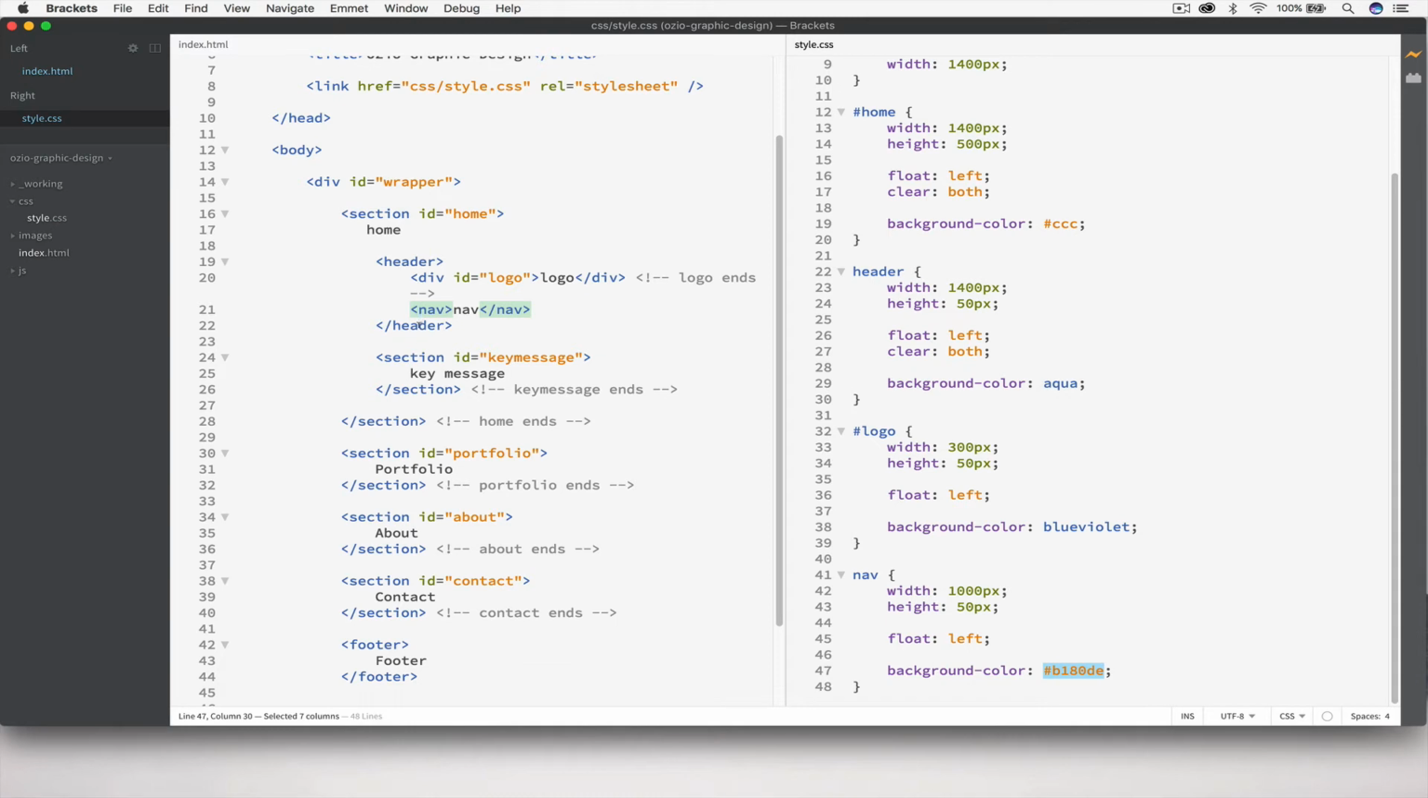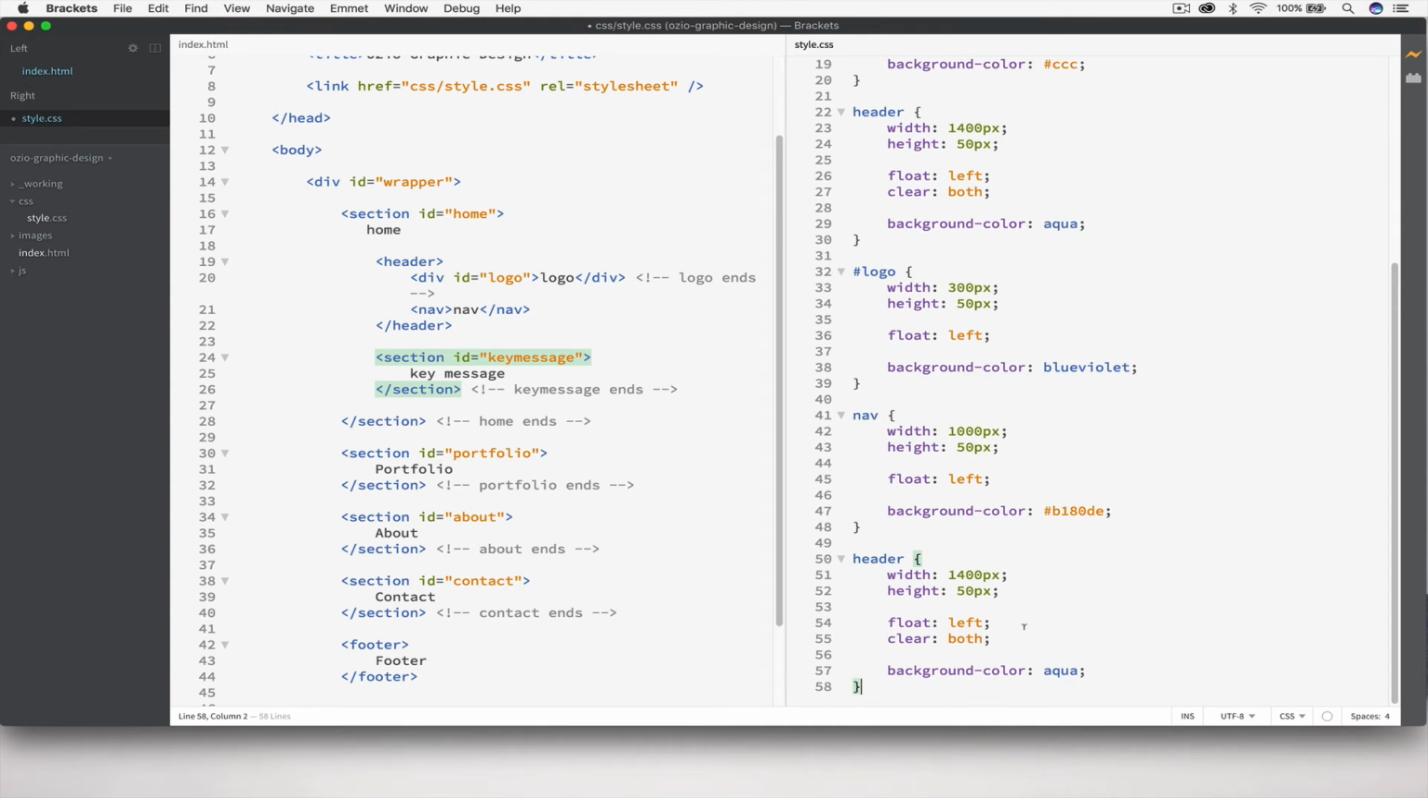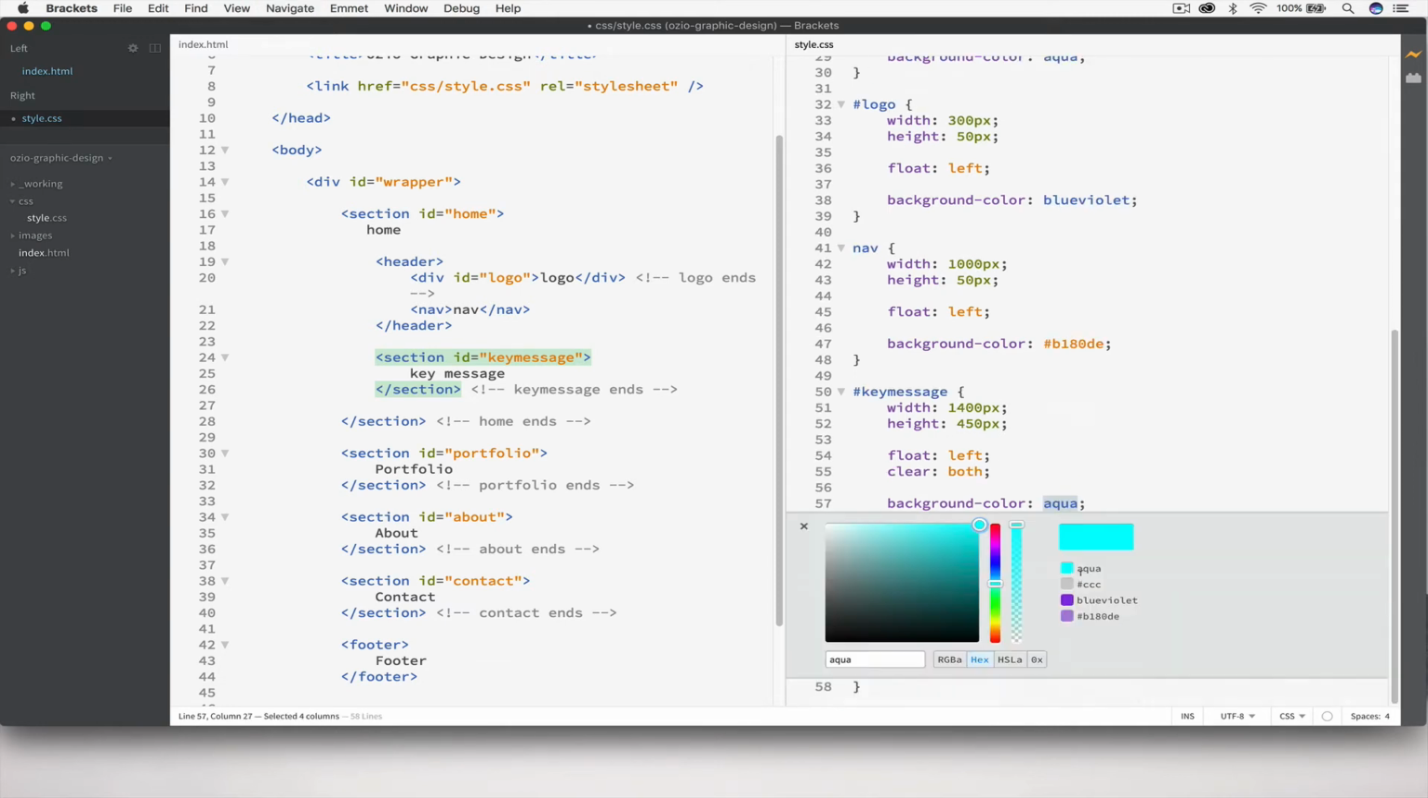Great. So after the header comes my key message, and it's going to be very similar to the header, so I'm going to copy the header rule. I'm going to paste that below the nav rule, and then I'm going to say this is a key message, it's an ID, so again I need a hashtag key message. It's going to be 1400 pixels wide instead of 50 pixels. We're going to make sure that this fills up the space, so I'm going to say 450 because of the 50 pixel for the header, and float left, clear both, change the color from aqua to maybe a green